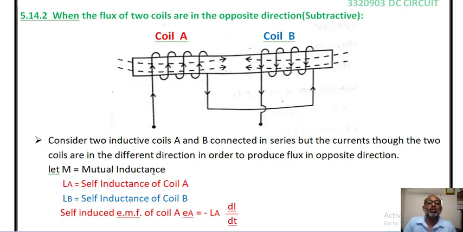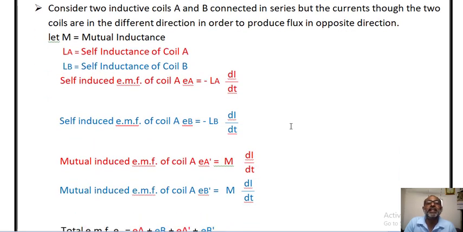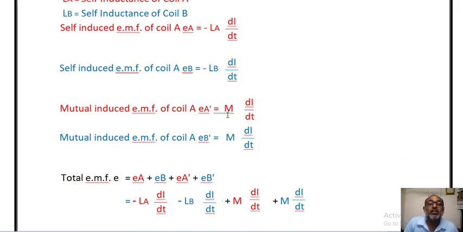Now M is the mutual inductance of the coils, LA is the self-inductance of coil A, and LB is the self-inductance of coil B. The self-induced EMF in coil A, EA, is equal to minus LA di by dt. The self-induced EMF in coil B, EB, is equal to minus LB di by dt. Now the mutually induced EMF of coil A, EA dash, is equal to M di by dt, and the mutually induced EMF of coil B,